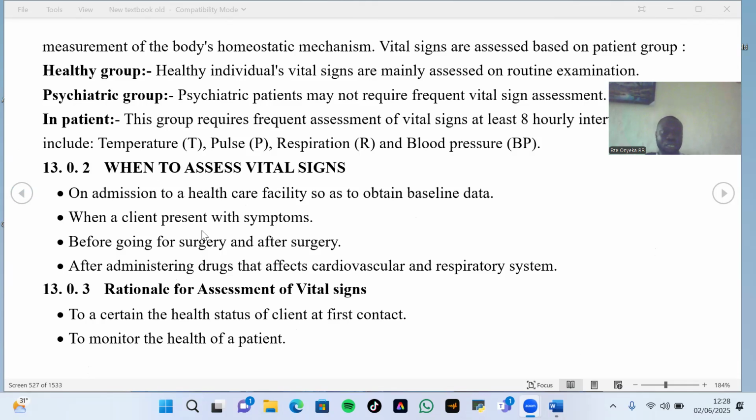Although pulse oximetry is also a part of the routinely performed vital signs. And we've looked at when to assess vital signs: on admission to a healthcare facility to obtain baseline data, when a client presents with symptoms, before and after surgery, and after administering drugs that affect the cardiovascular and respiratory system, or even the thermoregulation center, you will also have to take the vital signs. So what is the rationale? The rationale for vital sign assessment is to ascertain the health status of the client at first contact, to monitor the health of the patient,